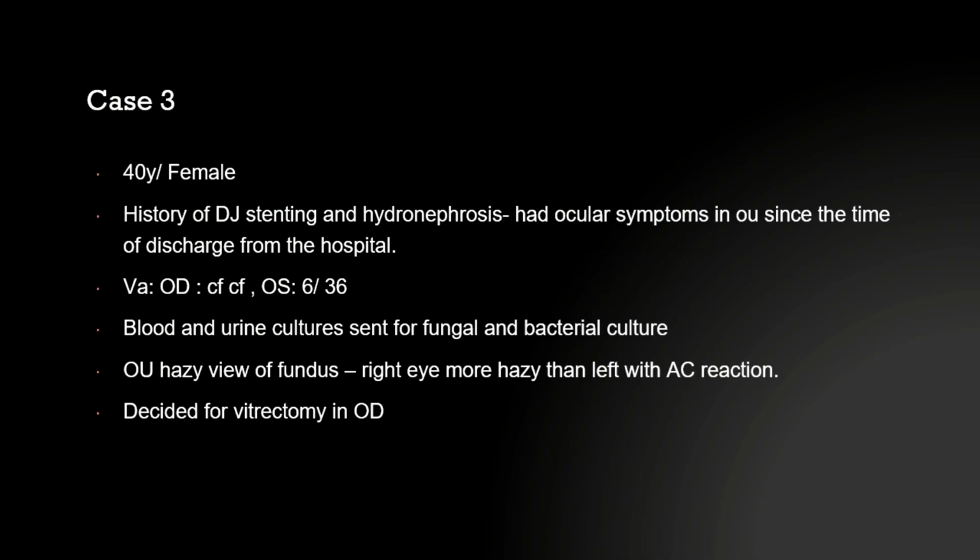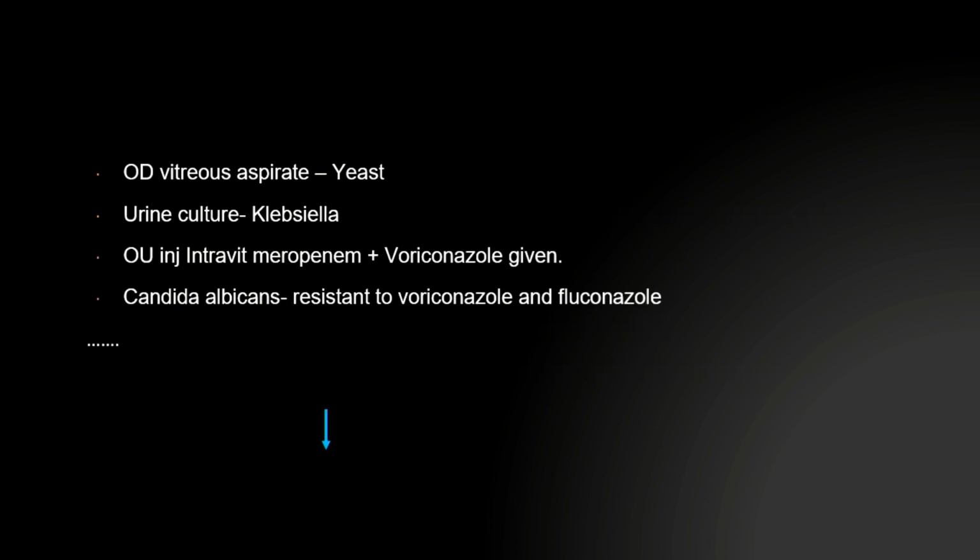Then they sent blood and urine cultures. The fundus was also hazy at that time, and the AC had more reaction compared to the left eye. The right eye was having more reaction compared to the left eye, and they decided to do vitrectomy in the right eye. When the vitreous aspirate was collected and sent for examination, yeast organism was obtained, and urine culture